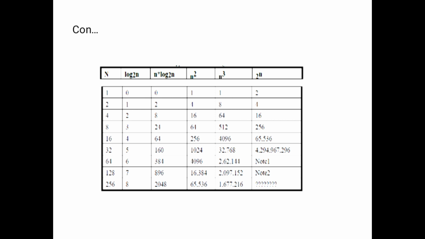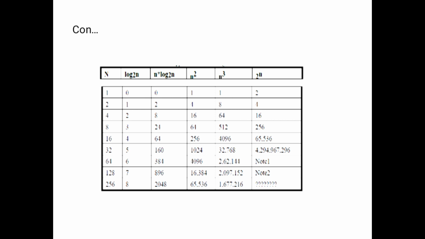We have to take the n values 1, 2 and so on up to a largest element. What is the difference here? Here log n, n, n squared, n cubed and 2 power n are the logarithmic, linear, quadratic, cubic and exponential functions. We have to see that. Here the input size is 1. Then the logarithmic value is 0, since log of 1 is 0, and 0 into anything is 0. And n squared is 1, n cubed is 1, and 2 power n is 2.